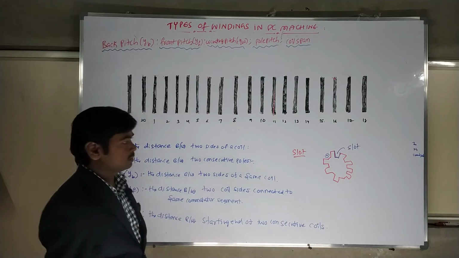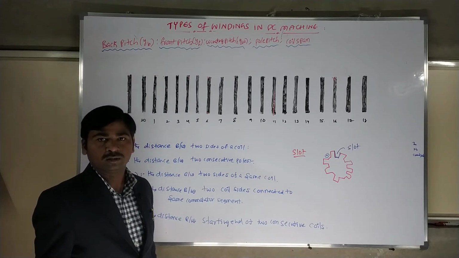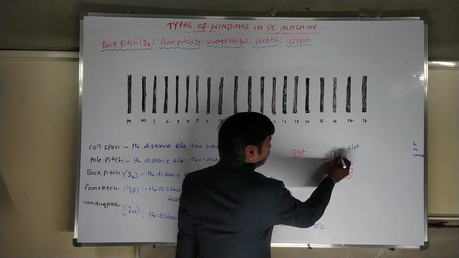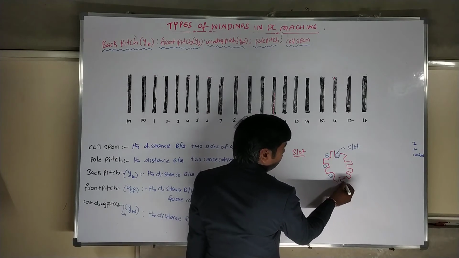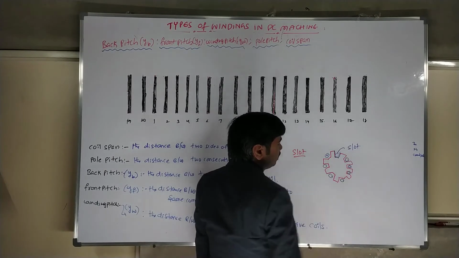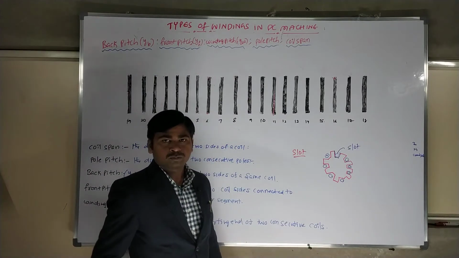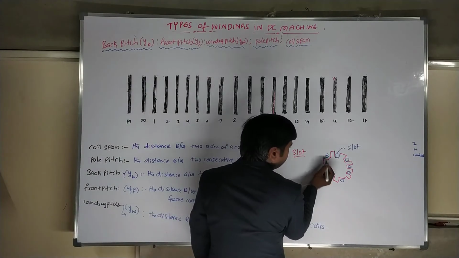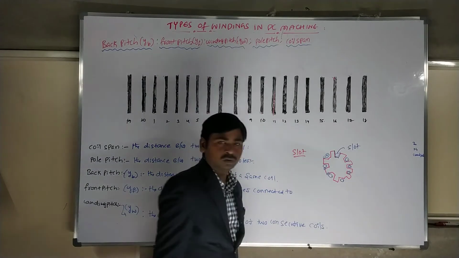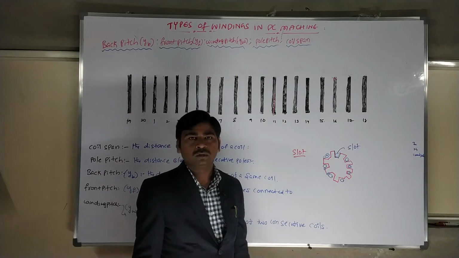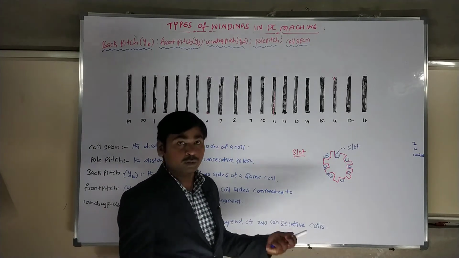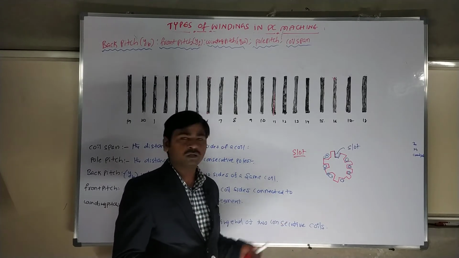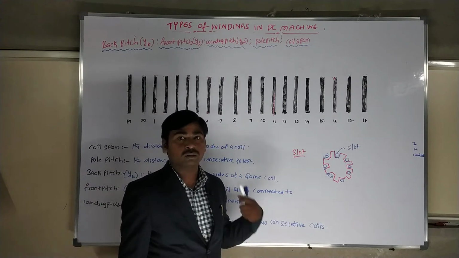Next, if you go for turns: conductors are clear, slots are also very clear. The number of slots and number of conductors: for a single layer winding, only one conductor is kept in one slot. For a single layer winding, the number of conductors is equal to the number of slots. Roughly I am telling; sometimes it may be double also. If you keep double conductors in each slot, we cannot fix it that way. So slots and conductors should be independent. It depends upon the type of winding how many conductors you are keeping. That story will be different. Some people say the number of slots equals the number of conductors. That is not correct, and sometimes you are going to fail.